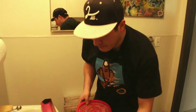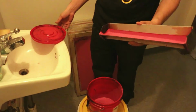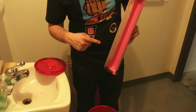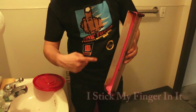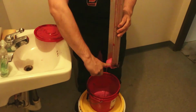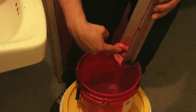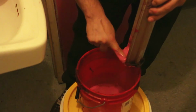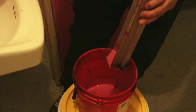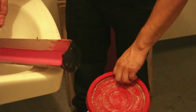So once you're done using all the emulsion and you don't have any more screens and you still have more emulsion, you just pick it up like this. And what I do is I use my finger and I roll it all down like this, and I put it back into the gallon. So you can save your emulsion, it's still good. So you do that, and then after that you just gotta wash your finger and the scooper,